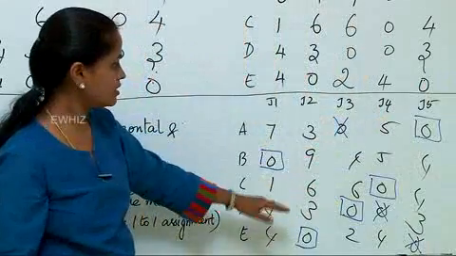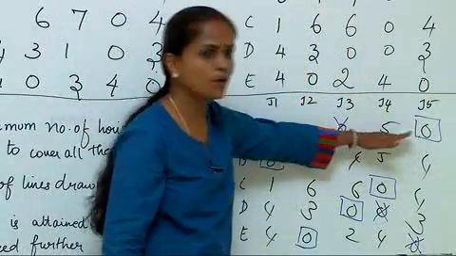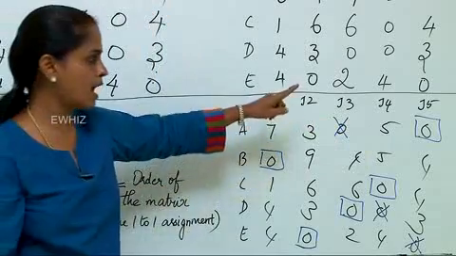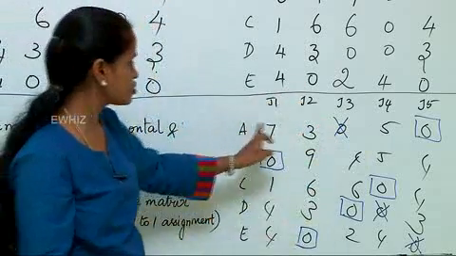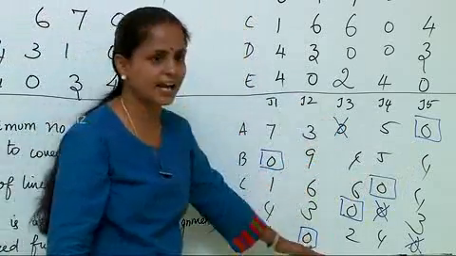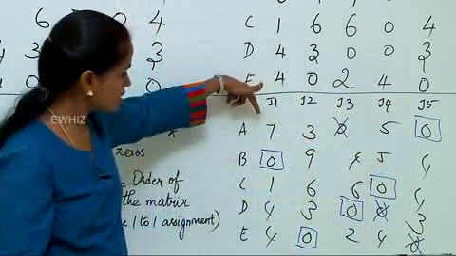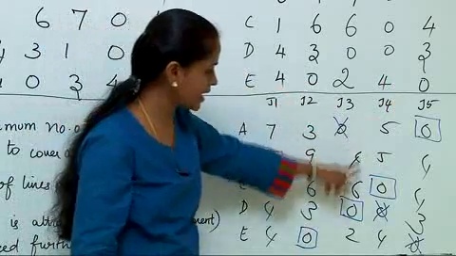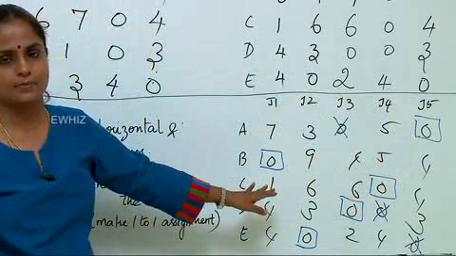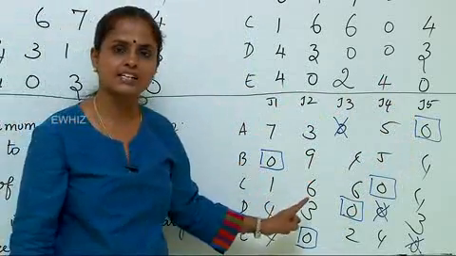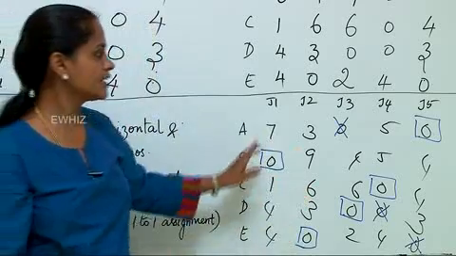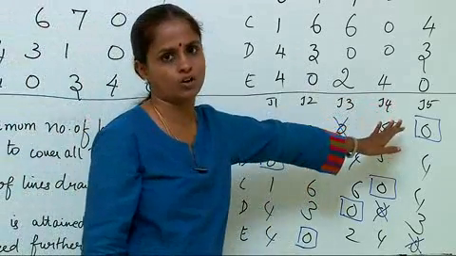So once this is done, you just look into whether one-to-one assignment is there. That is, only one 0 is encircled or marked in each row and each column. So row 1 only one mark placed, 2, 3, 4, 5. So all the rows carry only one encircled 0. Similarly, column wise also all the columns carry only one encircled 0, indicating that it results in one-to-one assignment. So if it results in one-to-one assignment, when you try to draw the minimum number of lines to cover the zeros, it will be exactly equal to the order of the matrix.